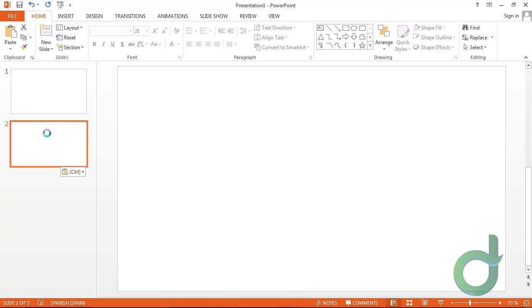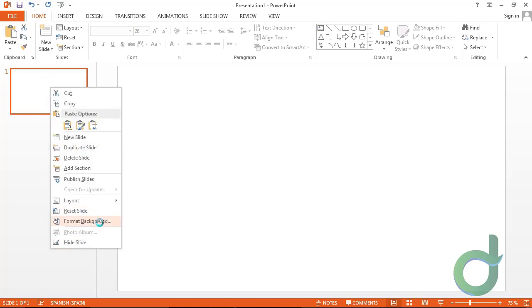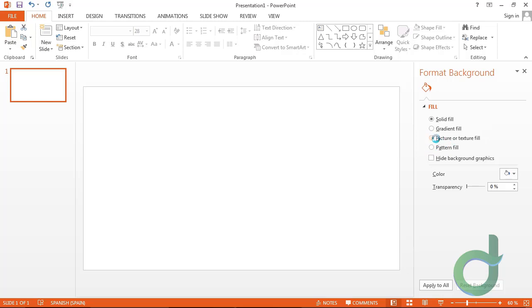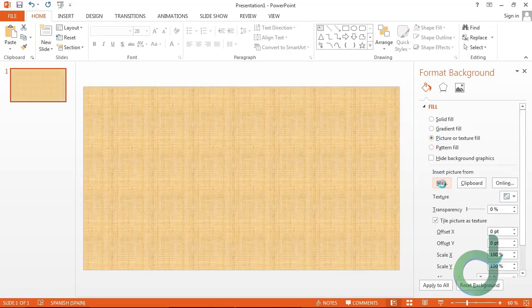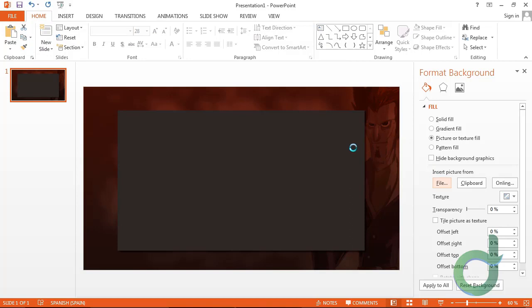So we're going to delete this one, and we're going to right click, left click in Format Background, select Picture or Texture Fill, Picture from File. Now it's going to use some default texture, don't worry about that. And we're going to select the background, there you go. Now we have the background that we wanted. And we want to make sure that we apply that to all. Why? Because after applying that to all the slides in the presentation, we can copy it, and it's going to keep the same